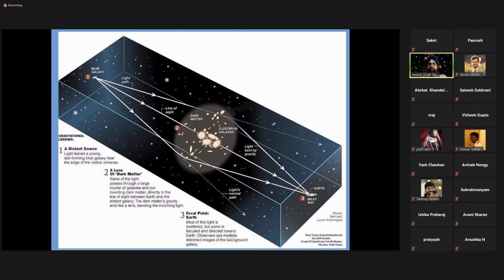And since the amount of deflection depends only on the mass interior to the light rays and also on the distance from the center, as you recall, it is 4GM by bc squared. Therefore, one can make an estimate of the amount of mass enclosed using gravitational lensing. Further, because the deflection angle is fixed, the separation between images that we observe is maximum if the lens is roughly halfway between the source and the observer.